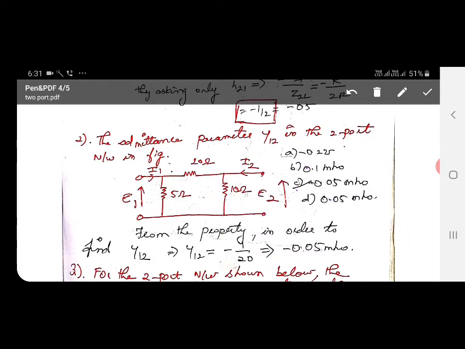We know that the given pi network corresponds to the admittance matrix only. There we need not change pi into T or anything else. From the given network itself we may write. We should note that for admittance, y11 is the r1 resistor value plus the r2 resistor value, which may be z1 or z2. This combination is equal to y11.